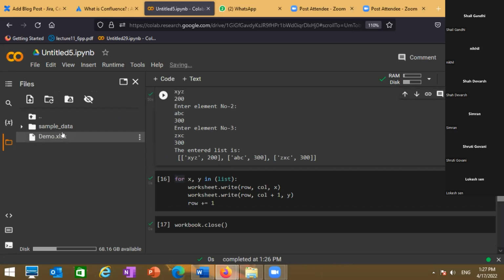Devarsh's or Nikhil's logic regarding inputting the value, that's better, right? And your logic, the worksheet dot write one, with row plus equals one directly without appending the elements, that's faster in terms of execution. So why don't you guys combine and come up with a Python function